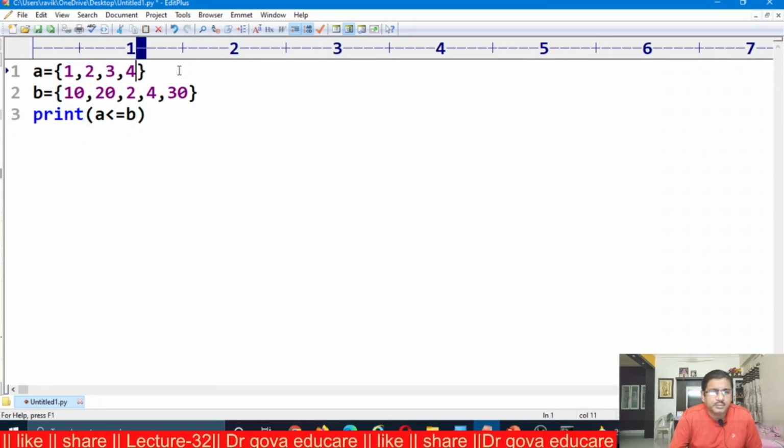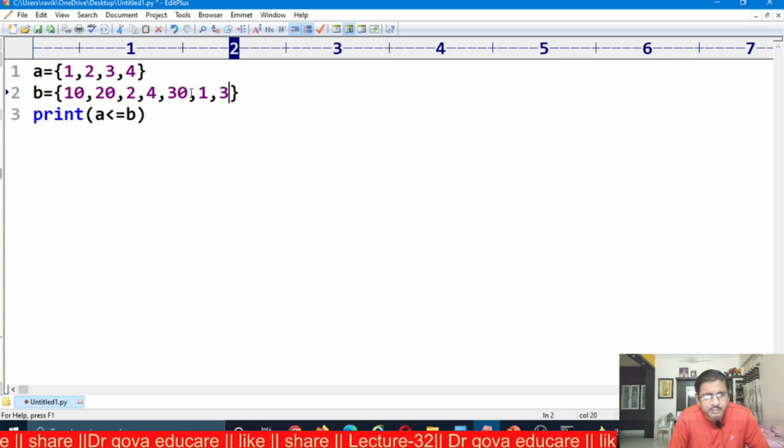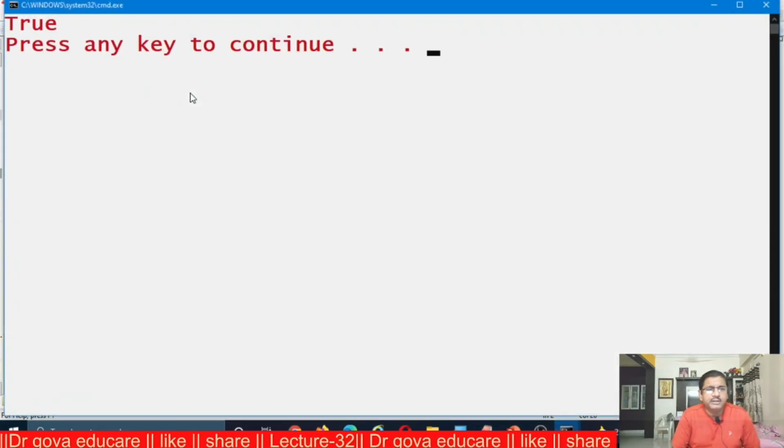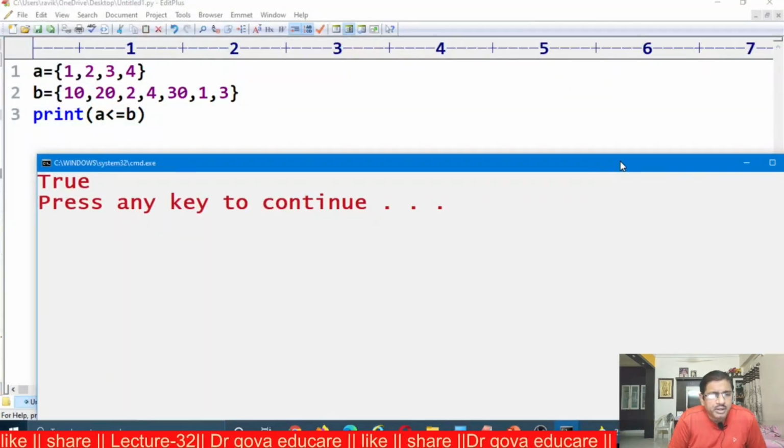Suppose another example, A is equal to 1, 2, 3, 4, B is equal to 10, 20, 4, 1, 3. Now it is true. That is, all the elements of A belong to the elements of B. It is true.